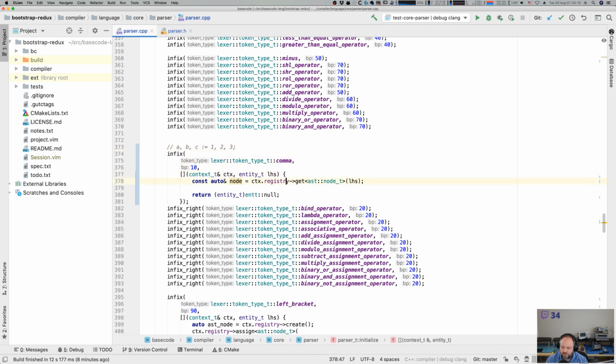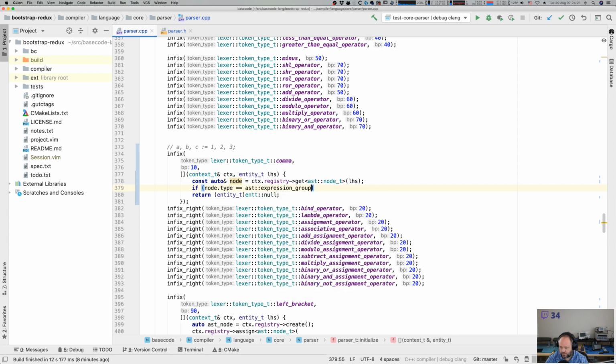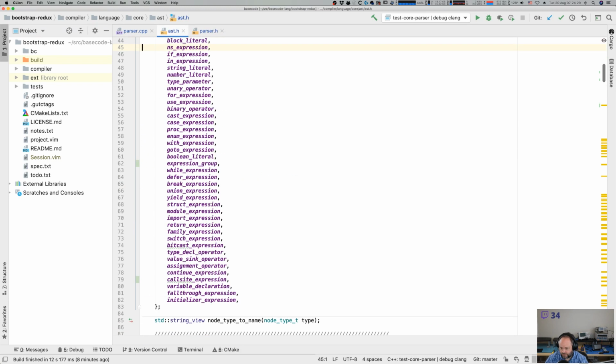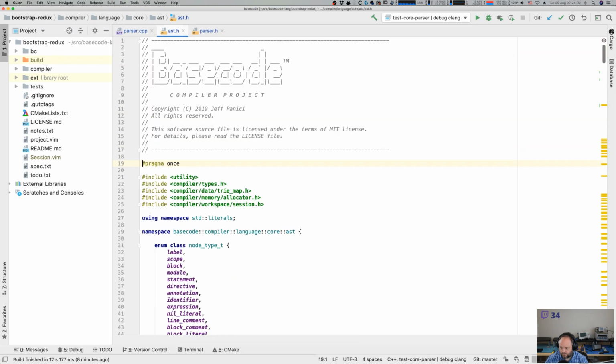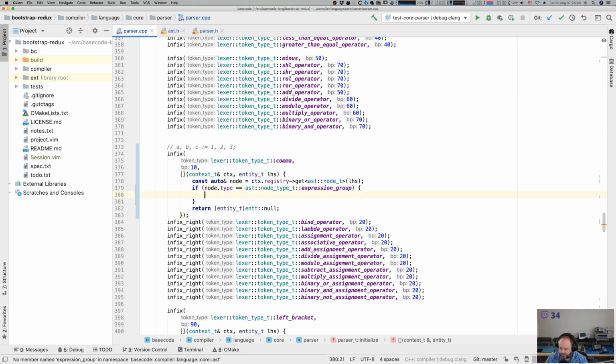And so then the left-hand side would be, we're going to grab the node component of this. We're going to ask it if it is an expression group. That's what I called it, right? I thought. Node type. So if it's already an expression group, then we're going to grab the group component,